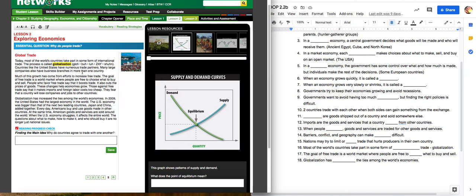Okay, so guys, you saw number 17 there. The goal of free trade in the world market is that people are free to choose whatever they want to buy and sell. Your book did a great job. As America, we say, let's do free trade. If somebody in a different country can build it cheaper, great, bring it to America, and now we can buy it cheaper when they sell it to us. So we like free trade, and yet that second part, guys, is also very true.